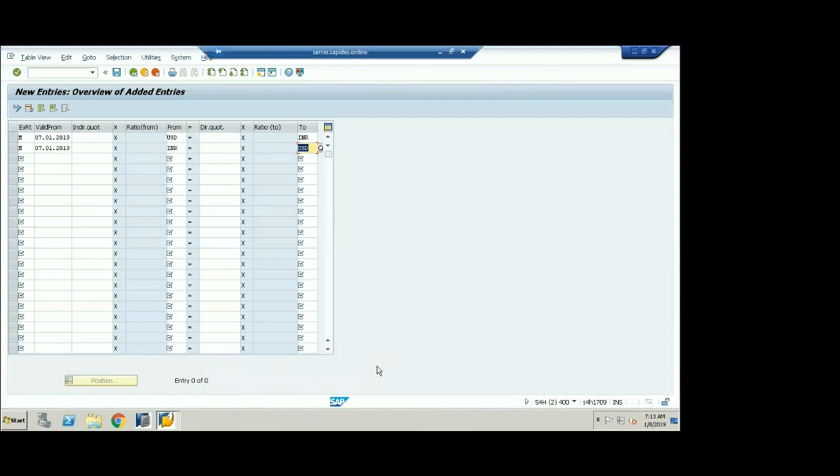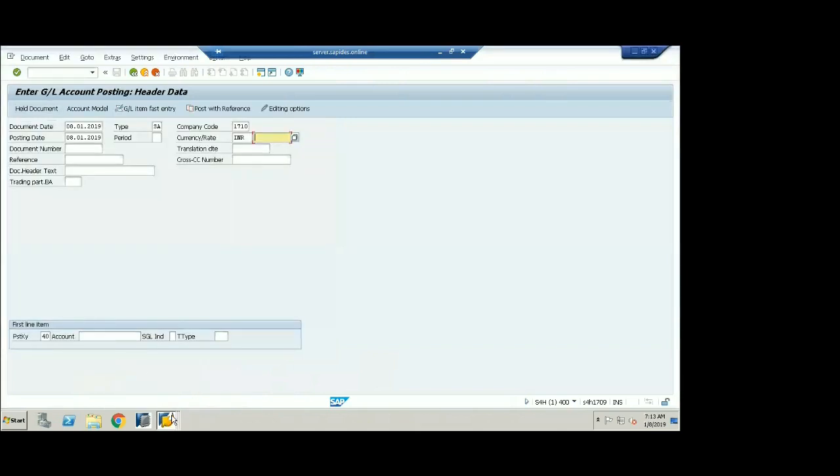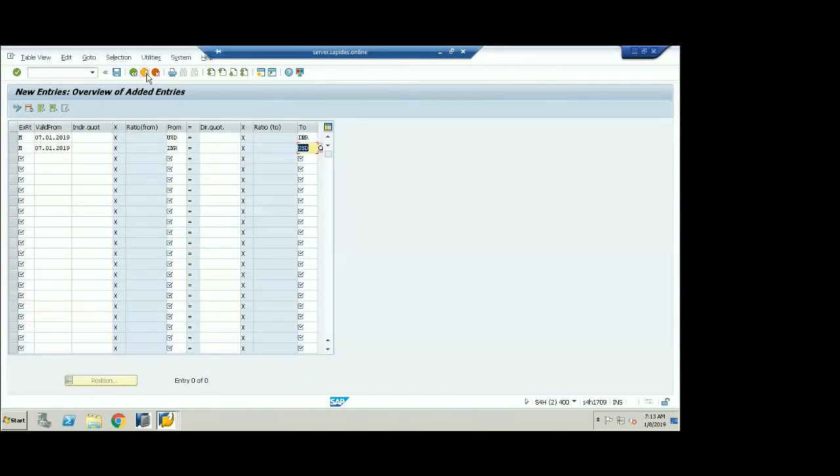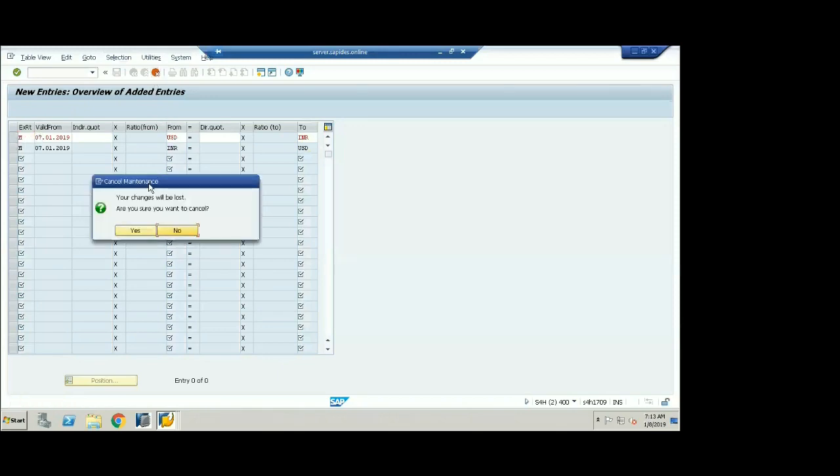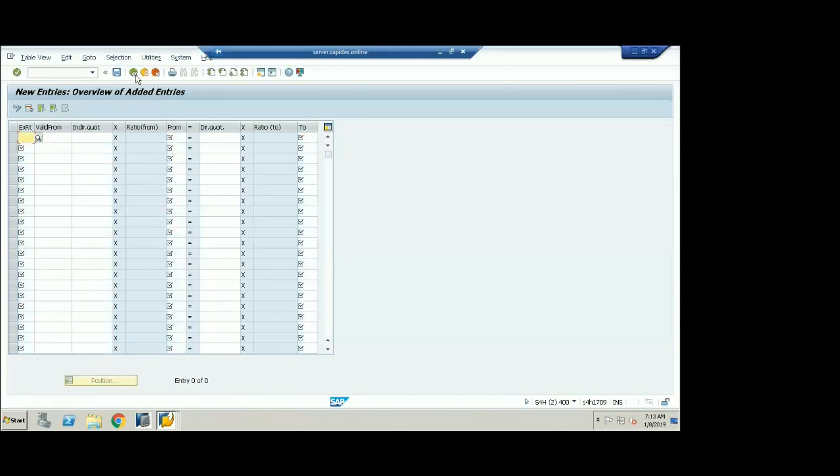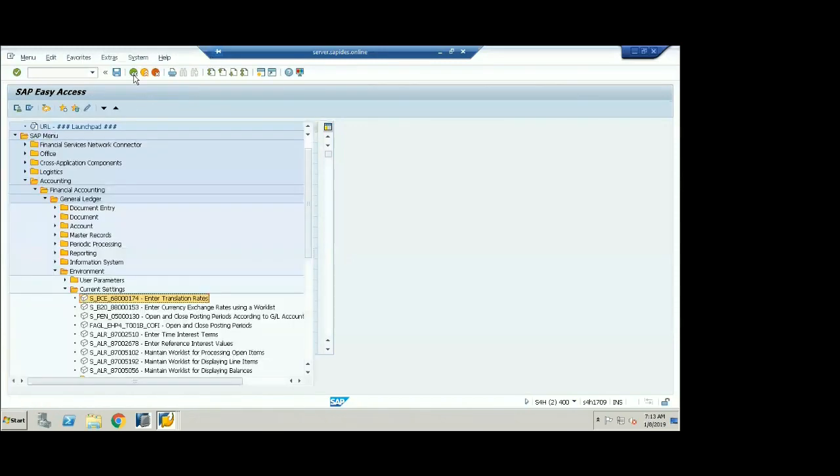Where is the link between these settings, which you are showing on the screen, and the currency settings for the different currencies? That I will show, sir. There is a link here. Actually, we are not yet done. We have to do that. We are not yet completed. Just based on the doubts, I'm showing the screens.